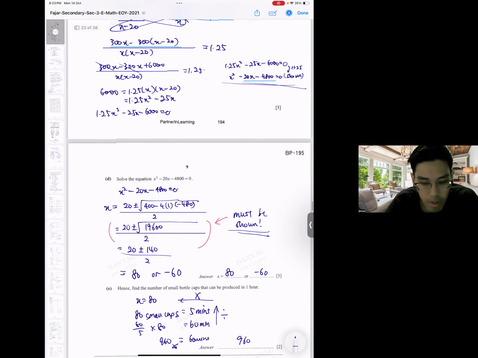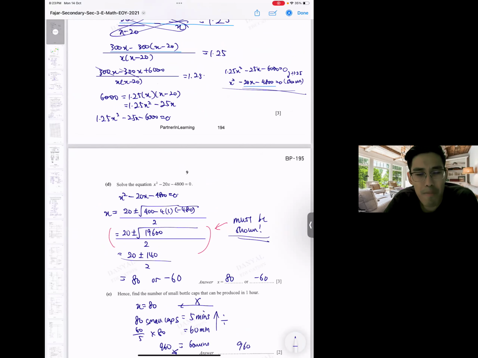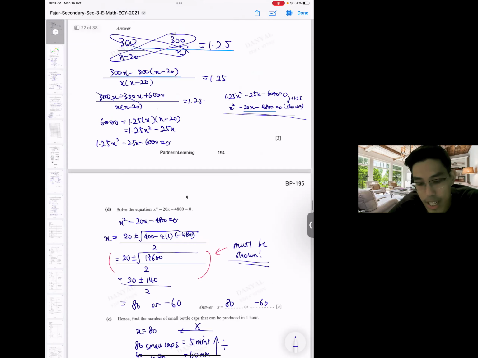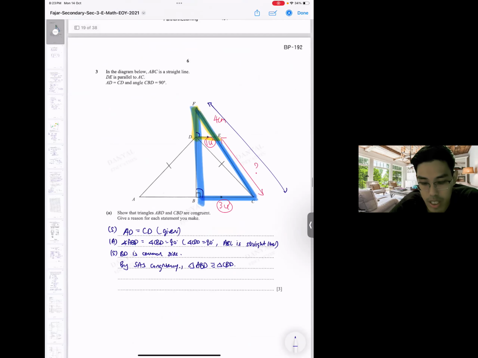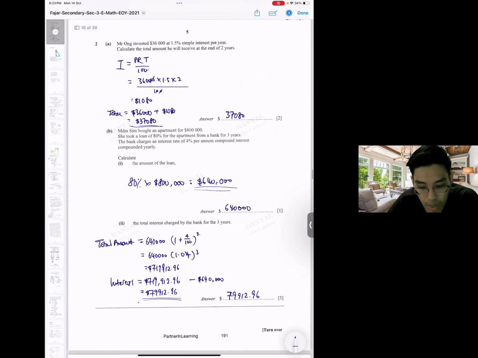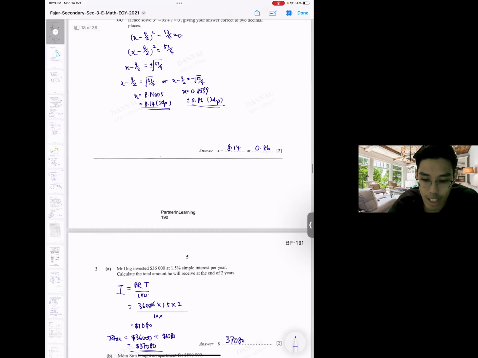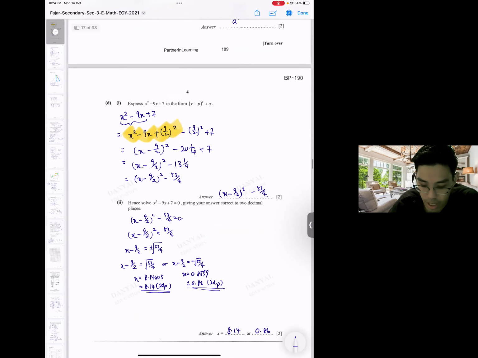The numbers come out to be very nice, very solid numbers. And rightly so, in context, because they are looking at the number of bottle caps. It cannot be like 79.4 bottle caps. No, you can't do that. It's just a whole number. So quite easy and quite direct from here. Also, the proving is quite direct as well because it's corresponding parallel triangles. Easy to solve, easy to prove. All these big questions are being broken down into very small 1 to 2 mark questions. So this whole paper is actually not tough. It's really not tough.